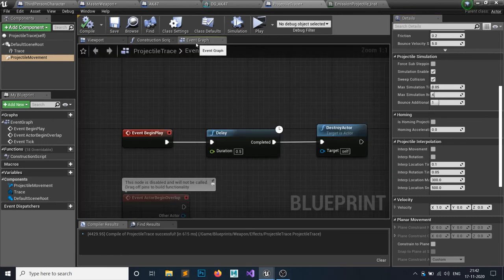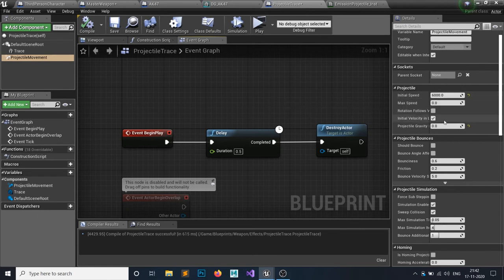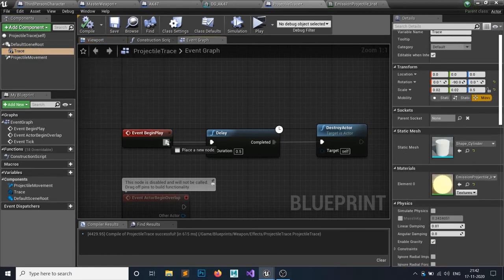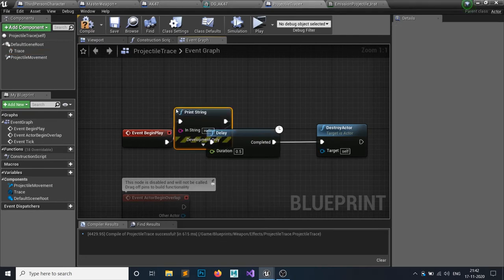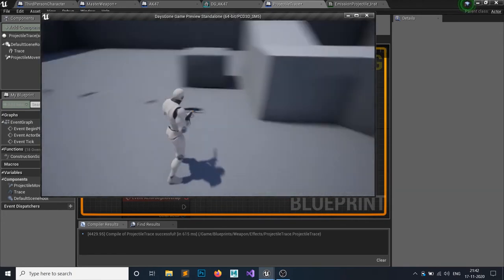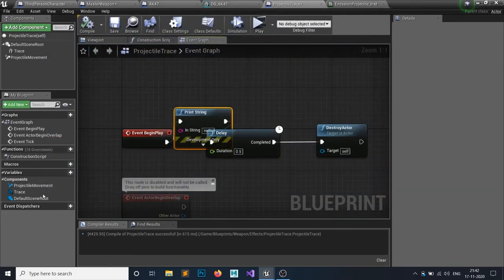Okay, a 6,000 and everything is fine. Let's see, printing a string, to check if it's spawning or not. So yeah, it is spawning.